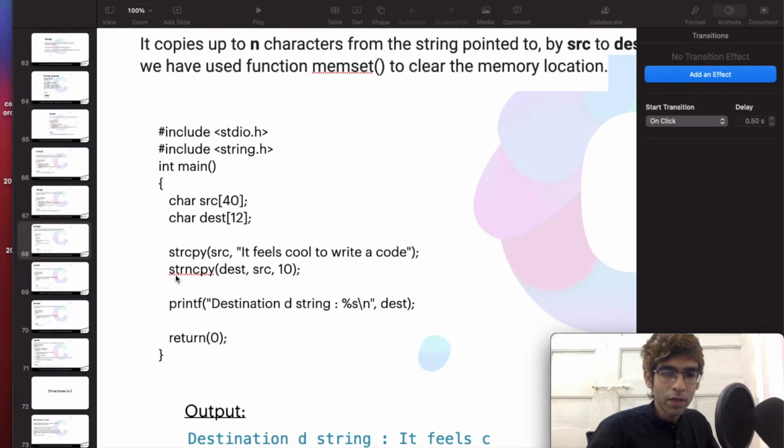Now we are copying with strncpy into destination. This source, which is this string, is copied into the destination, but only 10 characters. 1, 2, including space, 3, 4, 5, 6, 7, 8, 9 and 10, till C, like this, till C. The string from source is copied into the destination and we have printed the destination string.